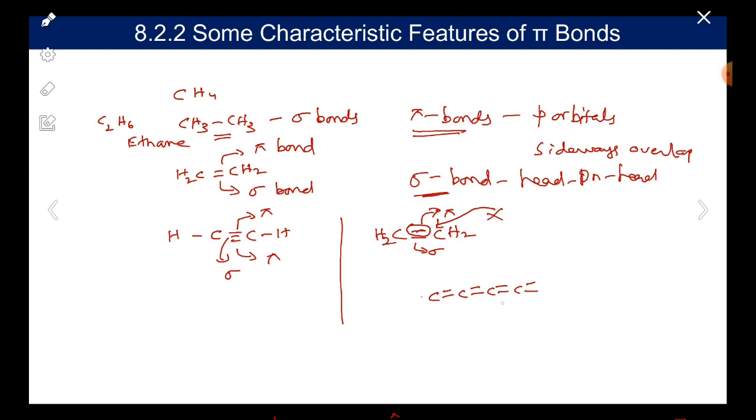So this is the basic thing. Sigma bonds are stronger, pi bonds are relatively weaker, and whenever there is a reaction, pi bonds are the first ones where reaction will occur. There are some problems given in your book. You can follow our other videos to